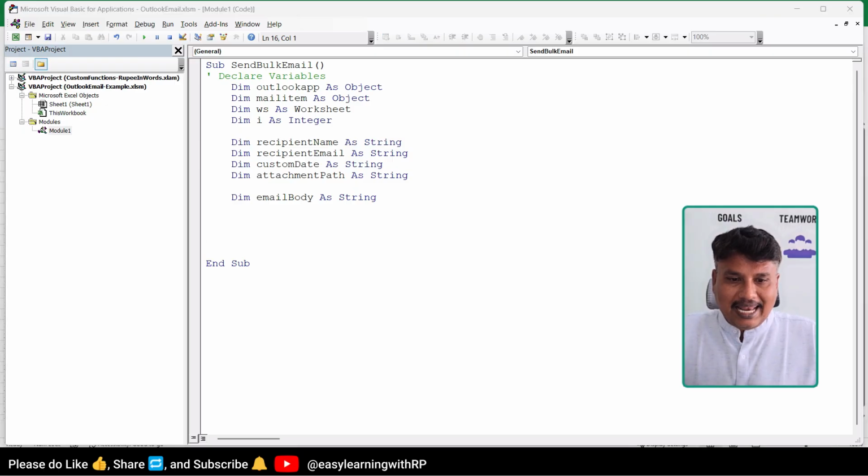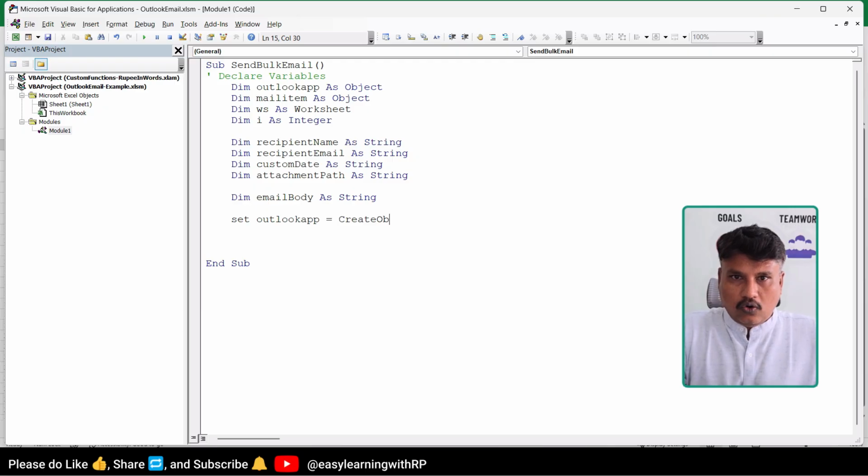So first of all, let's initialize the Outlook app. For that, we can use Set OutlookApp equal to CreateObject, and in this you can just write Outlook.Application.